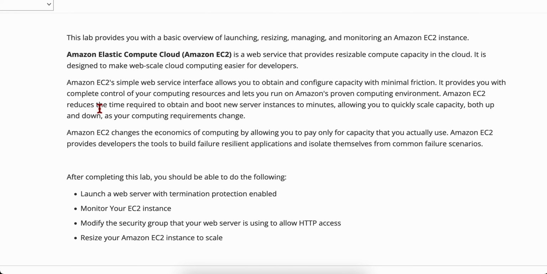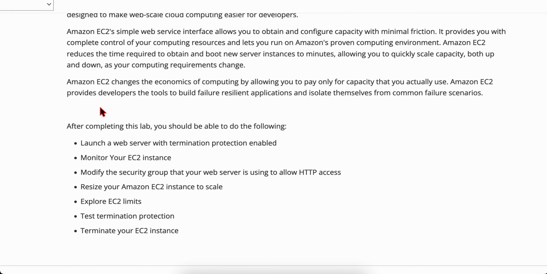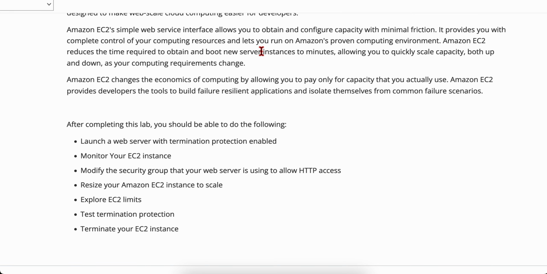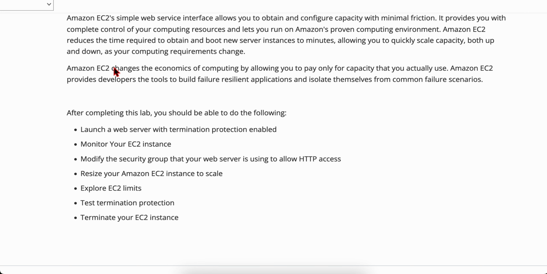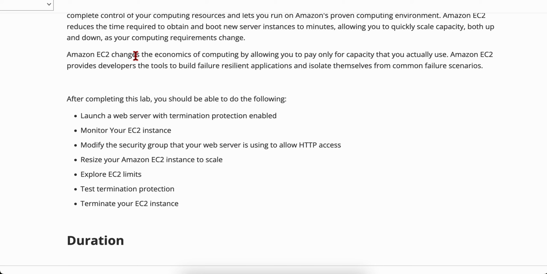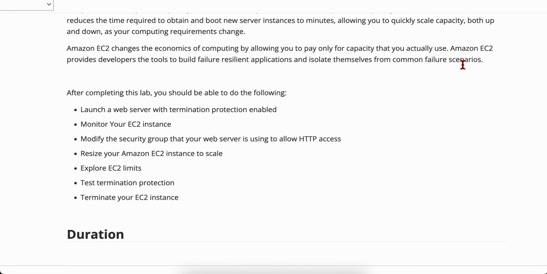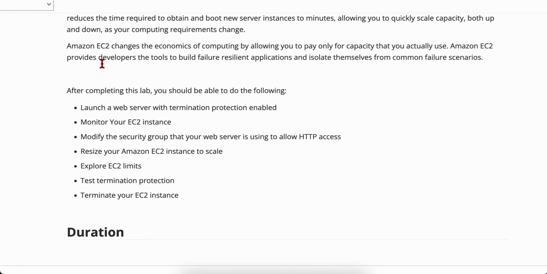Amazon EC2 reduces the time required to obtain and boot new server instances to minutes, allowing you to quickly scale capacity both up and down. As your computing requirements change, Amazon EC2 changes the economics of computing by allowing you to pay only for capacity that you actually use. Amazon EC2 provides developers the tools to build failure resilient applications and isolate themselves from common